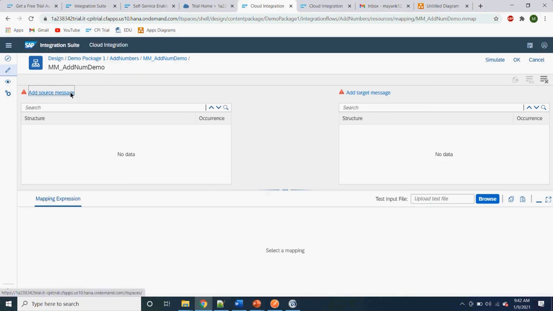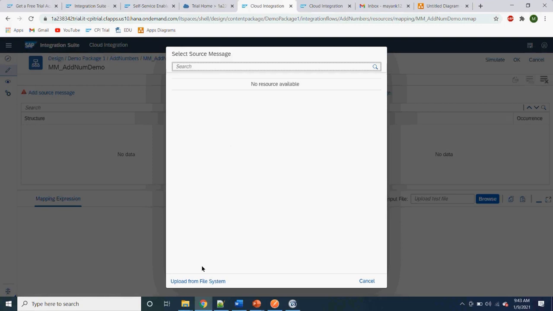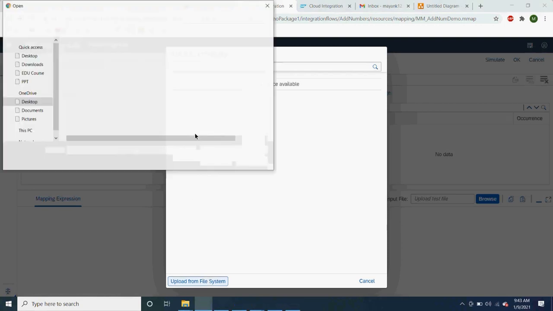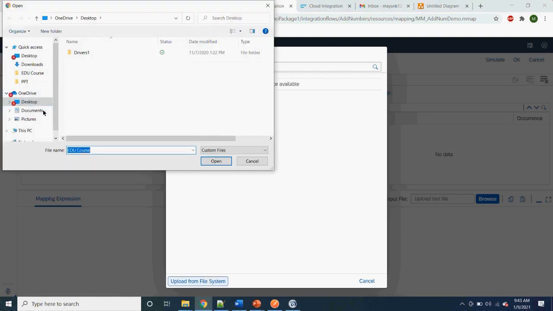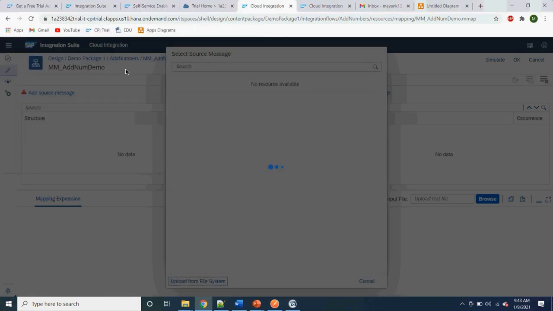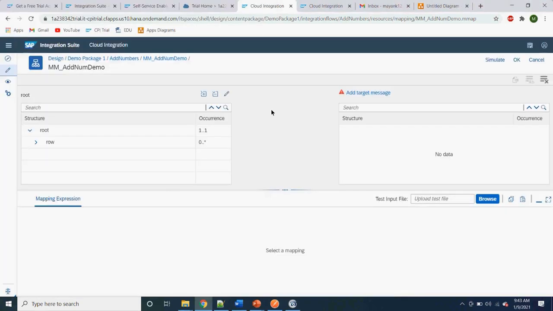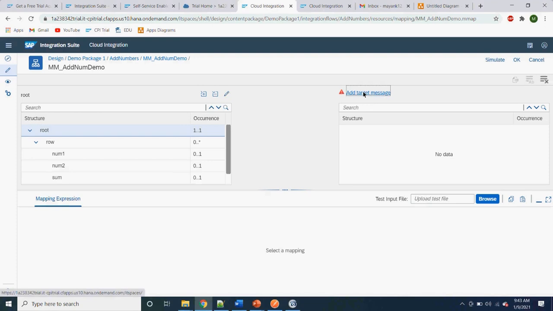Let me add the structures. You can upload it from your desktop. Now I can see there's a structure to my XML that I used earlier: a root node, row node, number 1, number 2. I uploaded an XSD and now I got a structure.